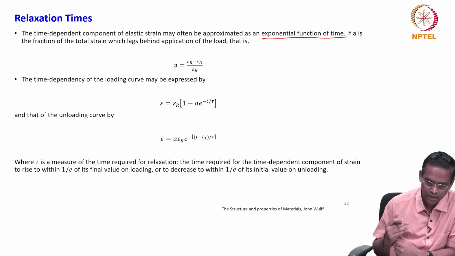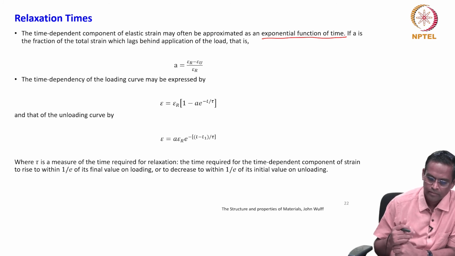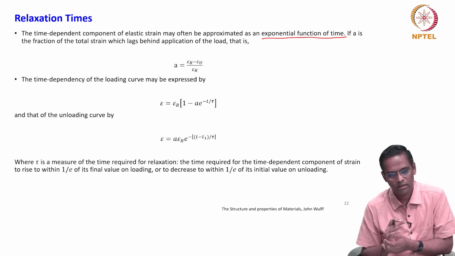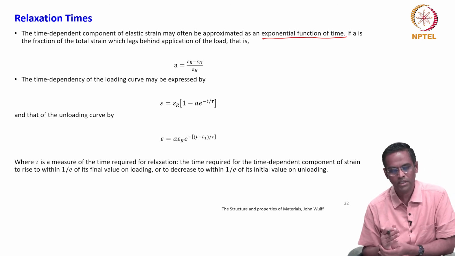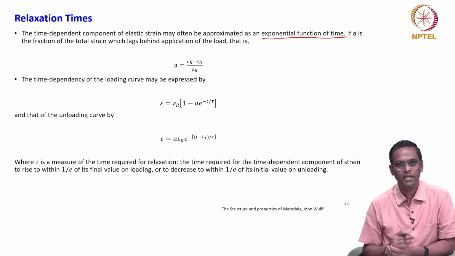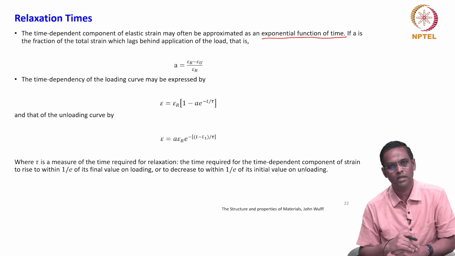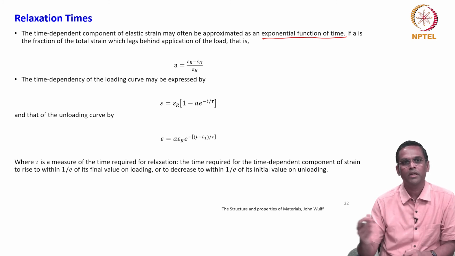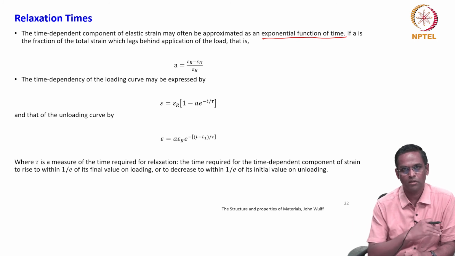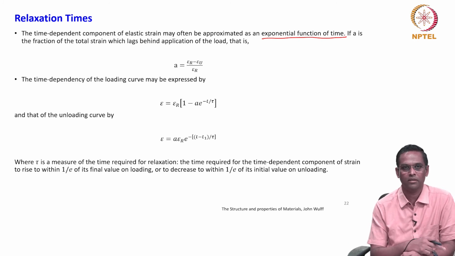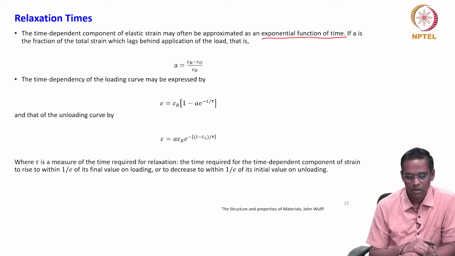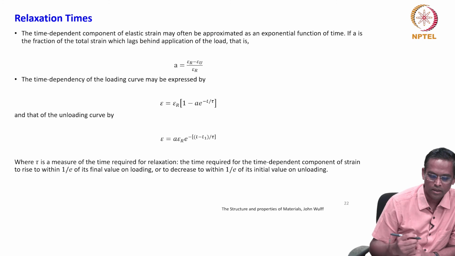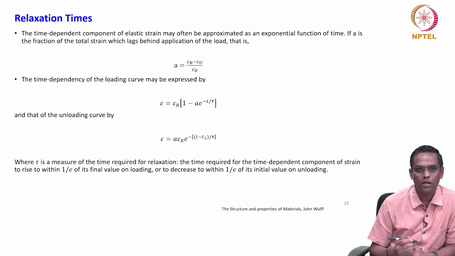Now, suppose we are talking about a cyclic loading, right? Relaxation time. That means any physical event which is going to complete, right? Loading and unloading. That means it has to attain the equilibrium strain or isothermal strain, and it has to come back to the strain free region. So that cycle it has to complete. So the time dependent component of elastic strain is related to relaxation time.